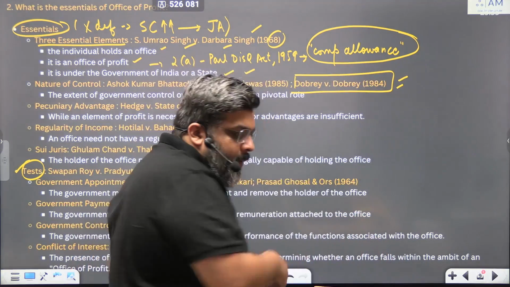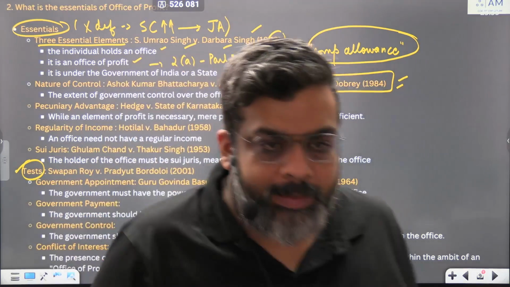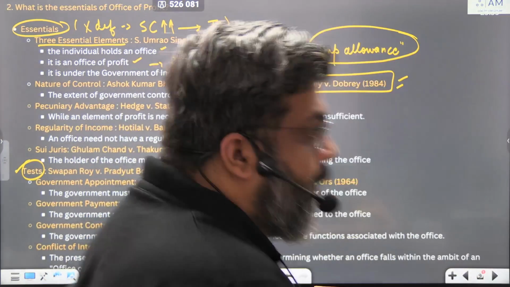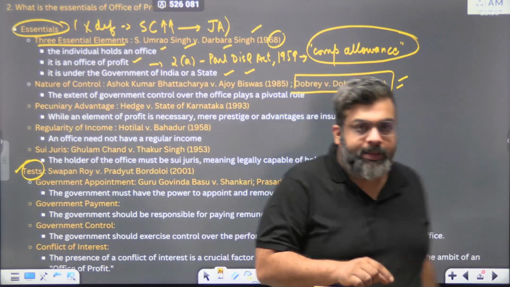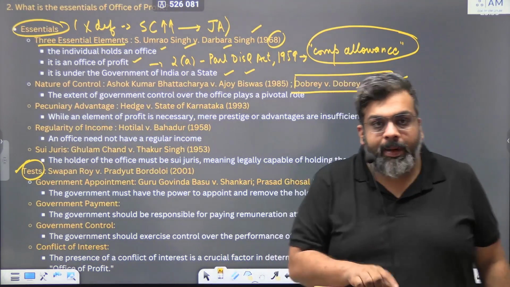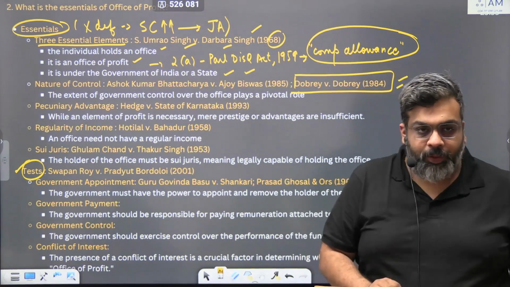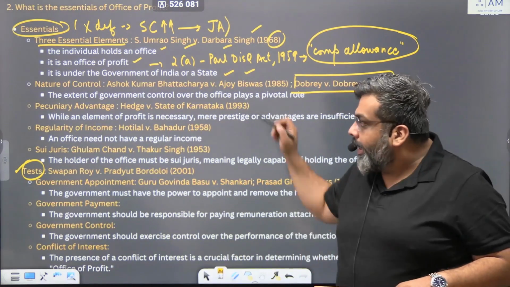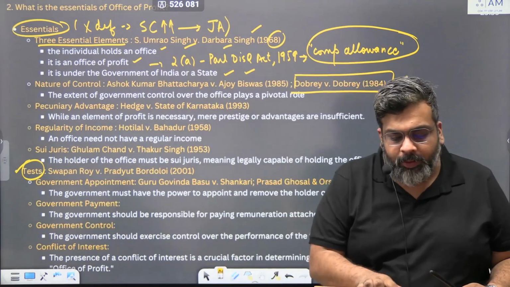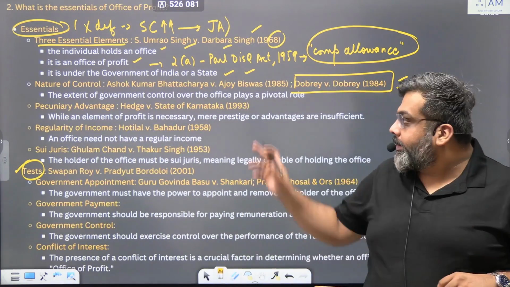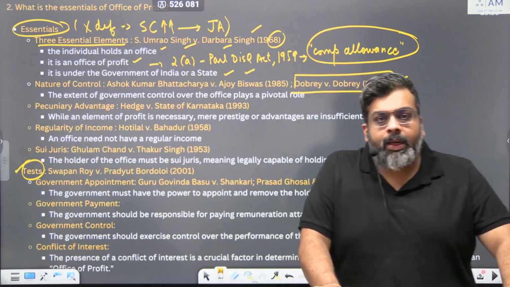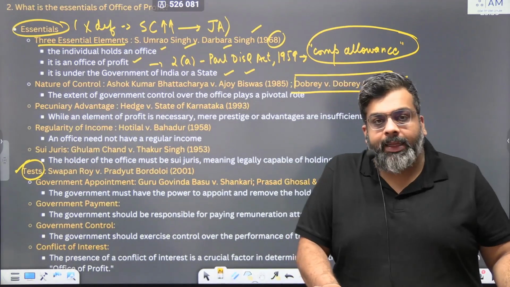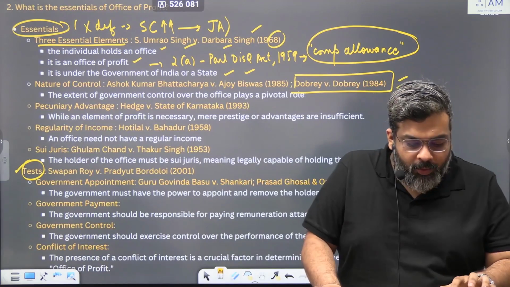So, continuing with the rest of it, one understands that it doesn't matter what the office is, what absolutely matters eventually is the nature of control. Now, moving on, in 1993, the Supreme Court also added a test which was basically pecuniary advantage. Now, the Supreme Court, while acknowledging the idea that there should be some gain, the court also went on to